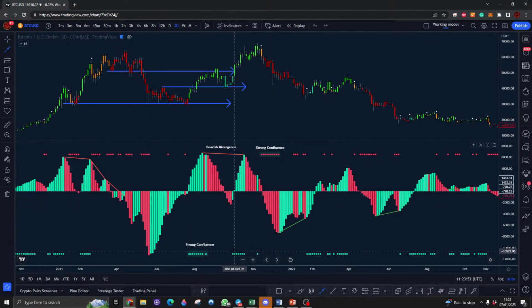And yes, again, strong confluence came in, so these green squares started popping up again. So it would have probably led to you getting out somewhere, or at least closing maybe some of your position while we're at resistance. If you needed some of that confirmation to do that, this could potentially have been that. And then we dropped into being bearish for a bit, and then things turned around and we got the confluence again. So on this teal candle here,